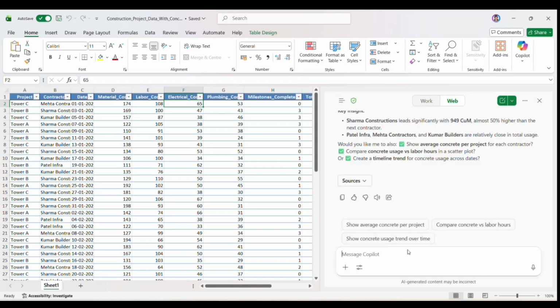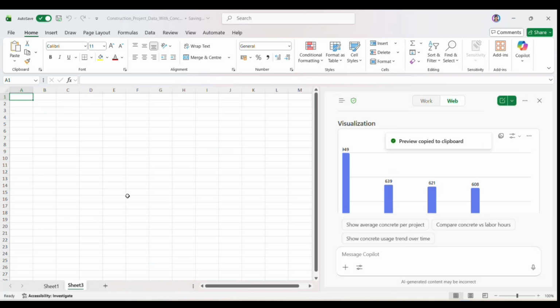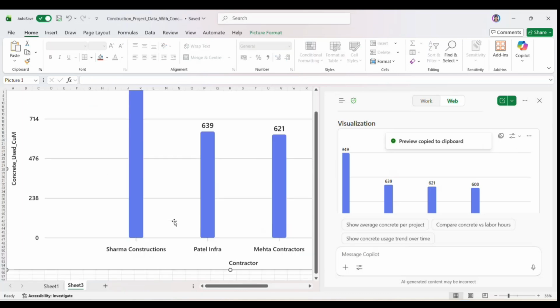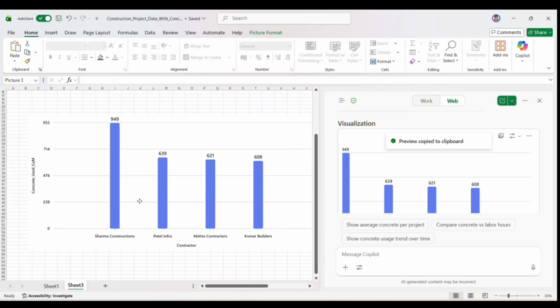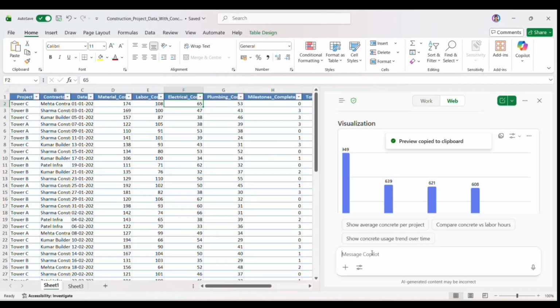And if you want to create a bar chart, for example, you can copy the preview. Okay, and I think you can come and paste it here. Your preview is available. If you want to minimize this, you can minimize this and keep it. Okay, so this is the one. And you can further ask, create a bar chart, or you can say create a line chart. For a line chart, we need dates. Line chart